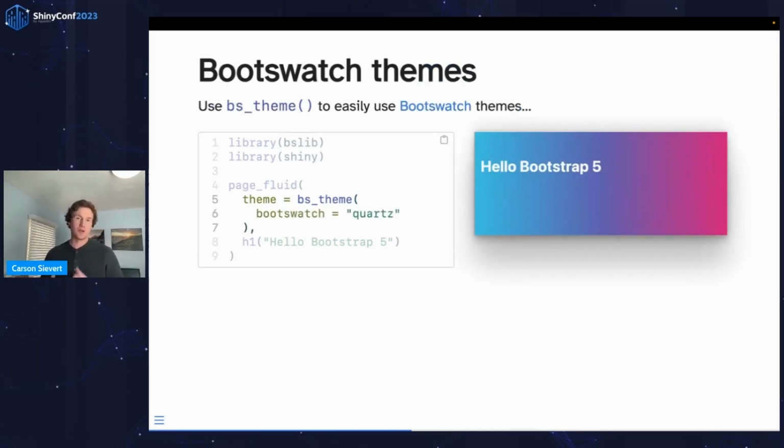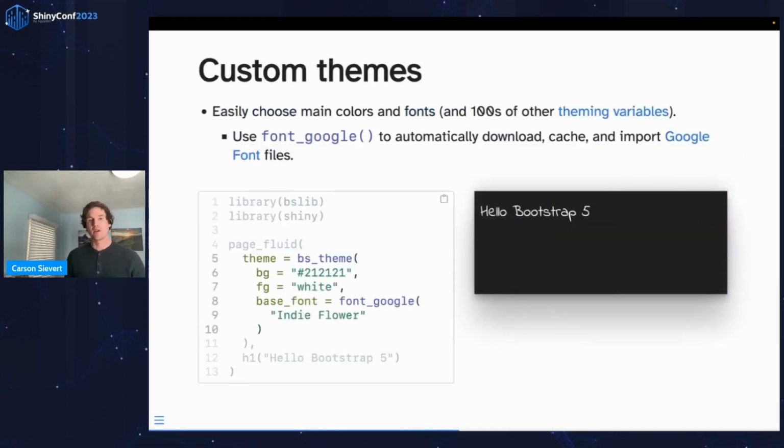And then just quickly want to mention, with this BS theme object, you have access to Bootswatch themes. So Bootstrap 5 came out with at least a few new Bootswatch themes. One example would be Quartz. And you may have also seen BSLib's ability to do custom theming, where we make it pretty easy for you to just choose the main colors and fonts, but there's also hundreds of different theming variables that are exposed